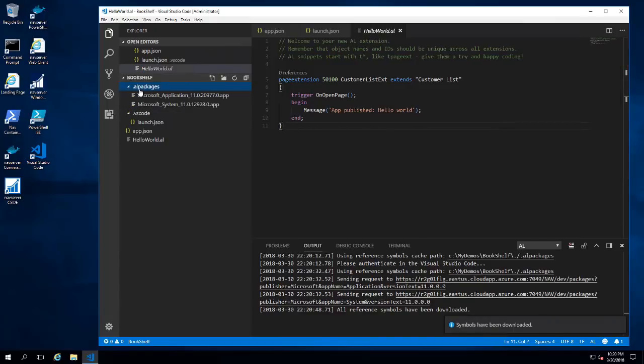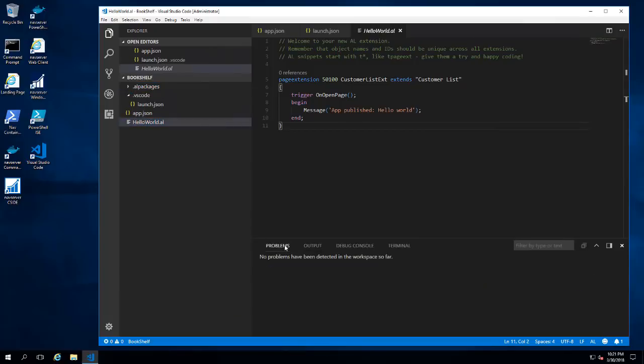If I go into the AL packages folder, I can see 2 app files. And so I can tell you that these 2 app files are actually extension files. So once we start publishing our app into the service tier, the system will generate an app file, and that app file is a different app that is going to go into the service tier. And so it's the same thing as what is here. So the app files for the system itself is now part of my workspace,